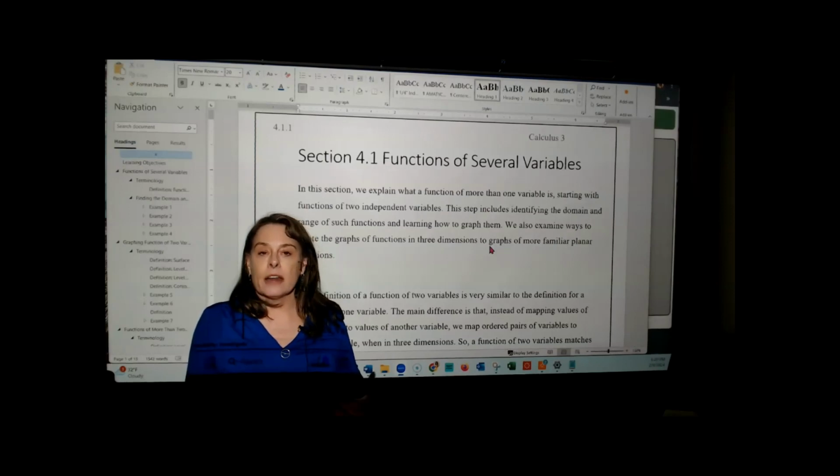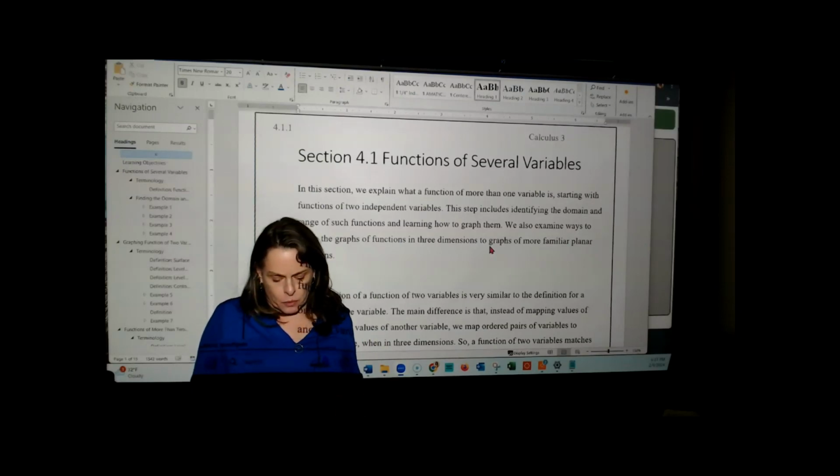Z depends on x and y. So we have 2 independent variables, x and y, and z, the dependent variable, depends upon them. In chapter 4, we'll be looking at differentiation with these functions of multiple variables. And in chapter 5, we'll look at integration of functions of multiple variables. So we're going to switch gears here from our vector valued functions to focus instead on scalar valued